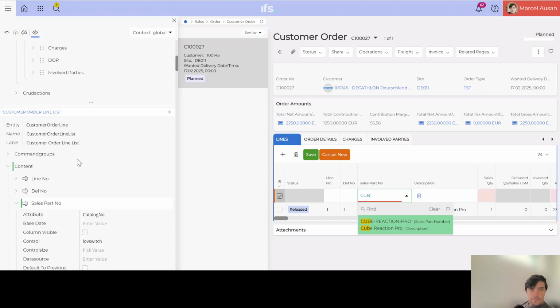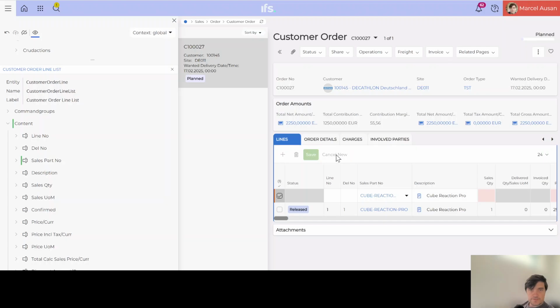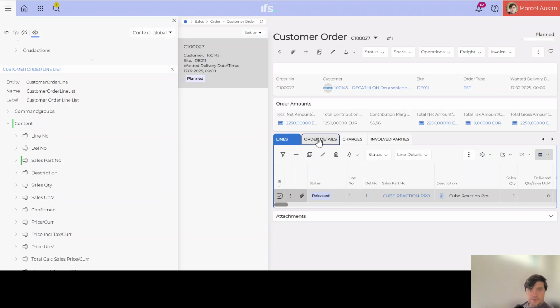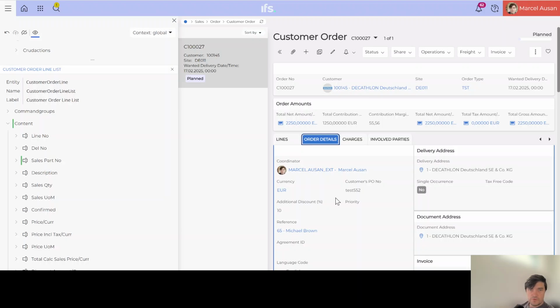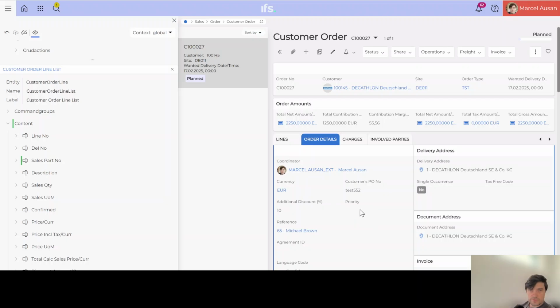Okay, then let's go back for a second. So cancel new, and maybe let's see how we can make one of the fields read-only. For example, we could make this priority field read-only. At the moment, if we try to edit, yes, we have rights to edit it. But if for some reason we want to stop users editing this field, then what we would do is